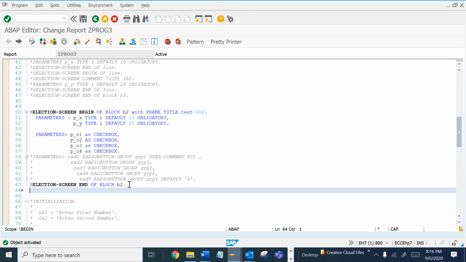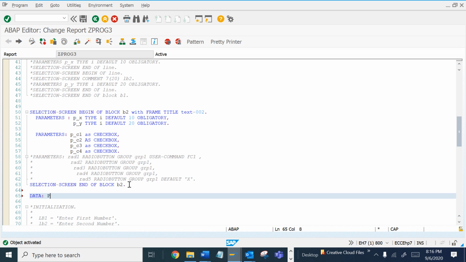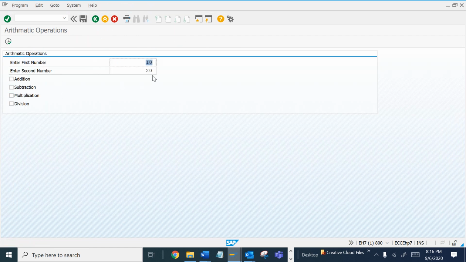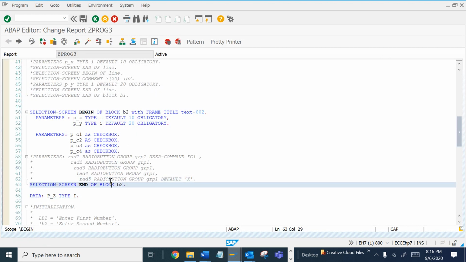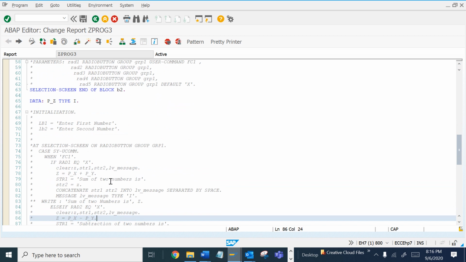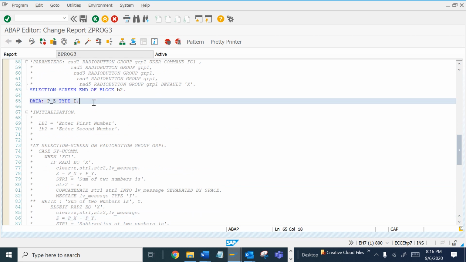I would also declare a variable to get the sum of the two variables, type I. Now let me check once again. Yes, I can get all the default values. Now I want to show the result on selecting a checkbox.